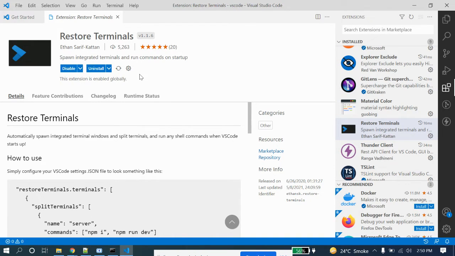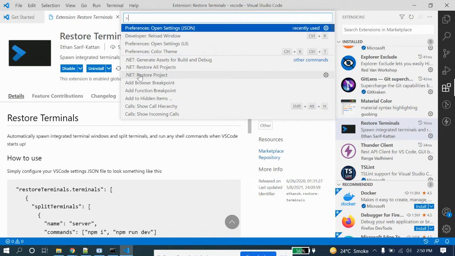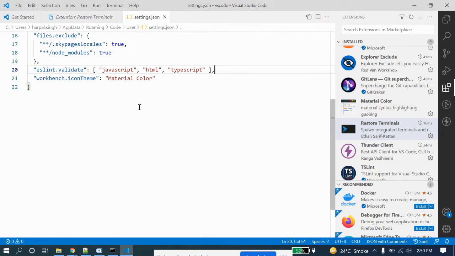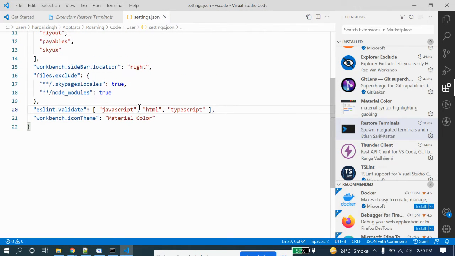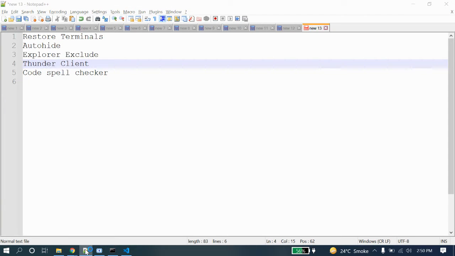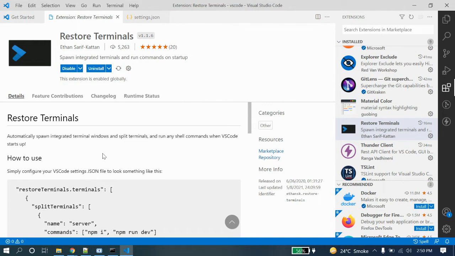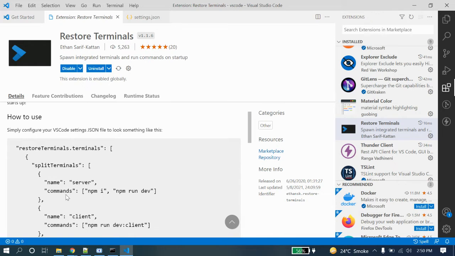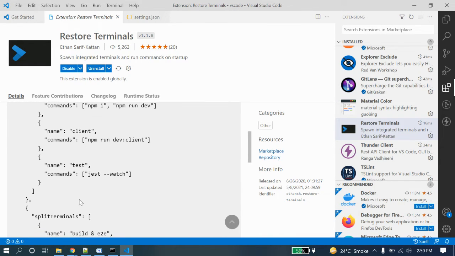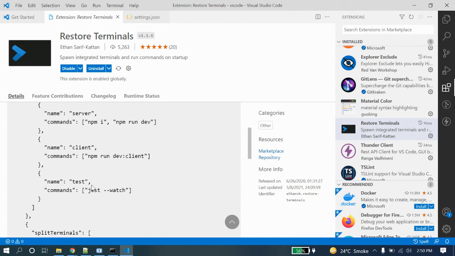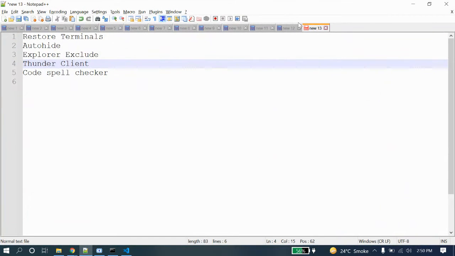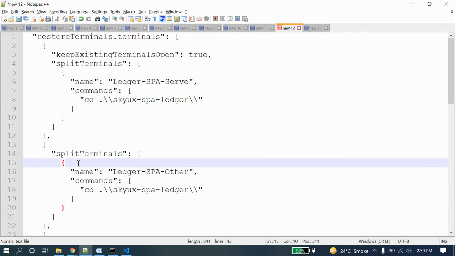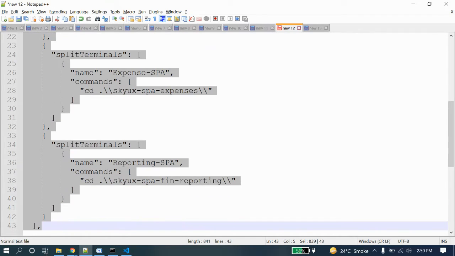So first I have to go to my project settings, and in project settings, as this extension provides some docs, you have to write this type of configuration to open multiple terminals. I have already written it for some of them.